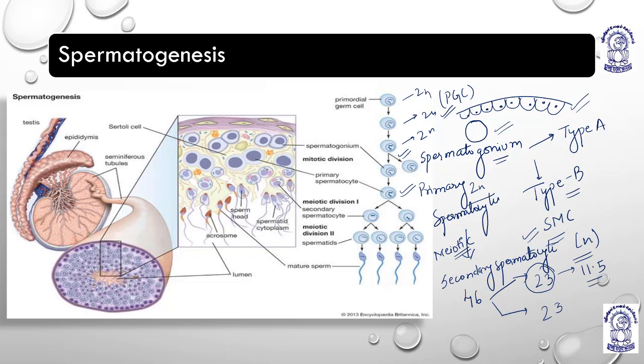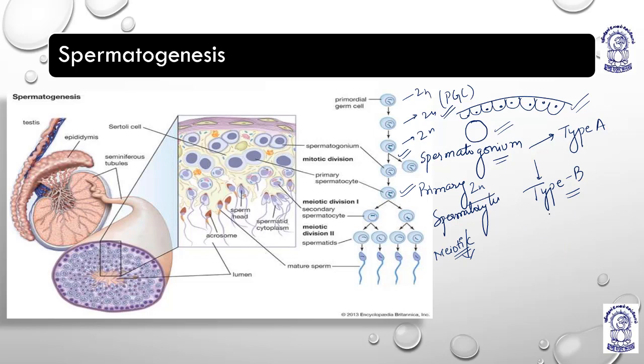11.5, which cannot happen. And that is why this 23 needs to be conserved. Because we need to conserve the chromosomes, because the number of chromosomes are the remarkers of our species. We humans have the same number of chromosomes, that is 46. That is why the number of chromosomes needs to be restored anyhow.